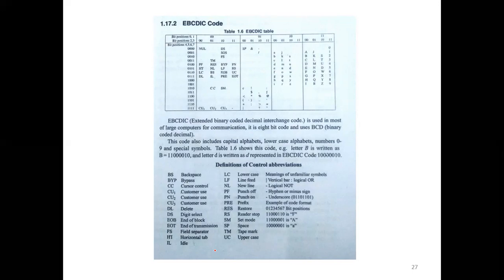These codes have some special conversion conditions. For example, XS3 means if you add 3 to the binary value, you will get an XS3 code. Gray code means performing XOR between digits, and you will get a gray code. Same with ASCII, which can represent symbols. The extended code can also represent some control operations like that. Okay.